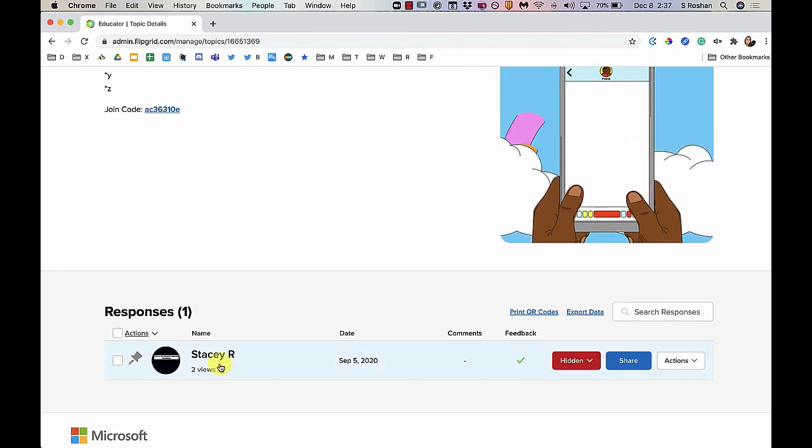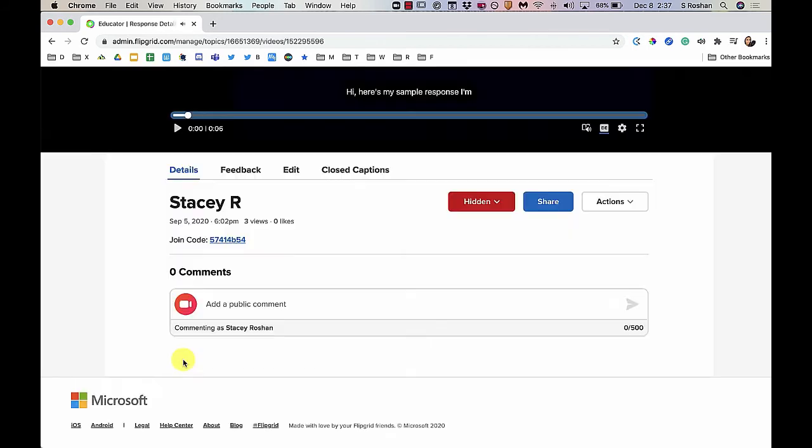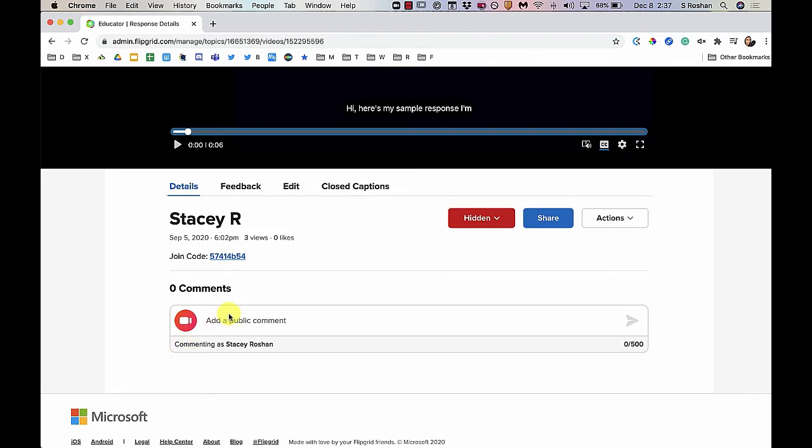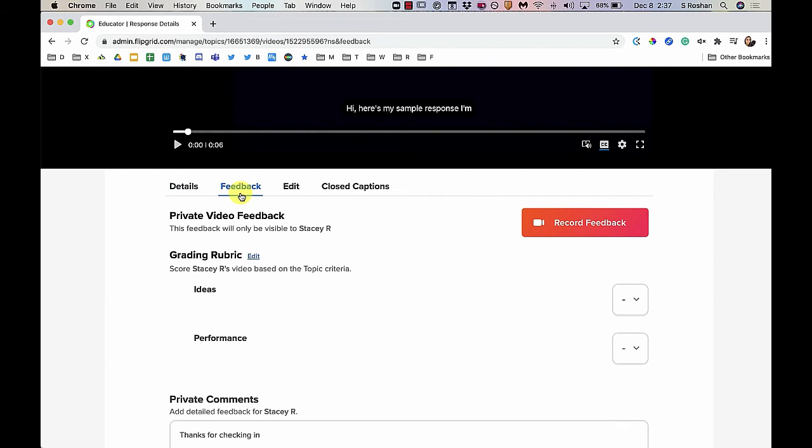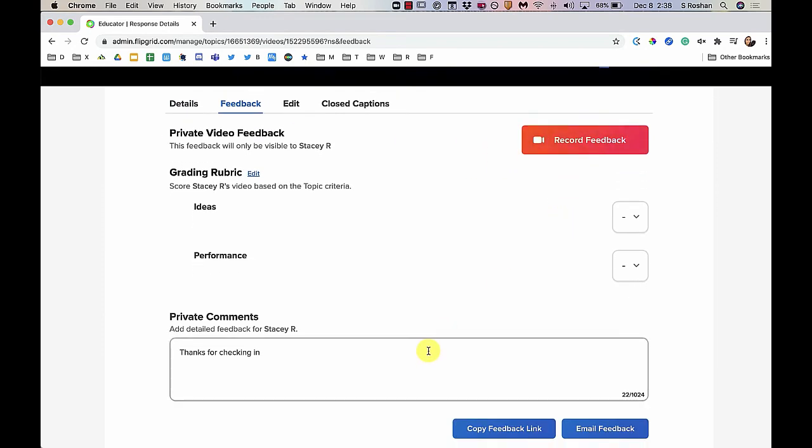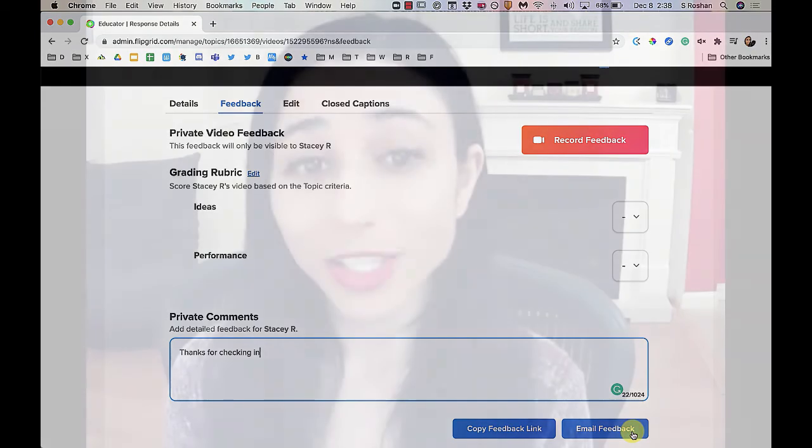I keep it hidden. And then when I watch the student's video, how I can respond back to them instead of responding publicly, you can use the feedback tab. And here is where you can record video feedback, or you can just type any feedback to the student so that you're able to keep this communication going. And I think that's a really important piece of the puzzle, is to leave feedback. You email it to students and that's all you need to do.